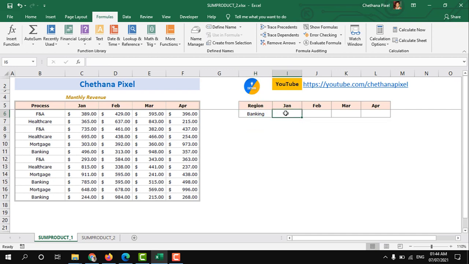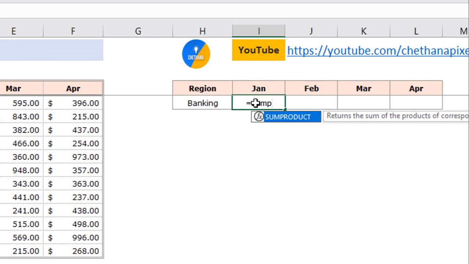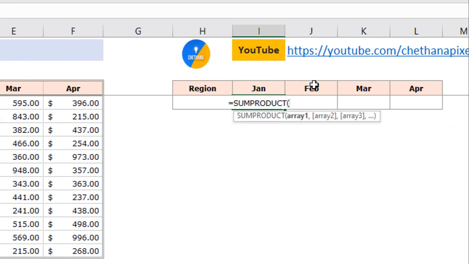So let's implement the formula to get the sum of all banking rows for all the months. So equals SUMPRODUCT. By default we will get one bracket open. So let's open another bracket for array 1. Let's select the process data range equals the H6 cell where we have the drop down. Close bracket, star,